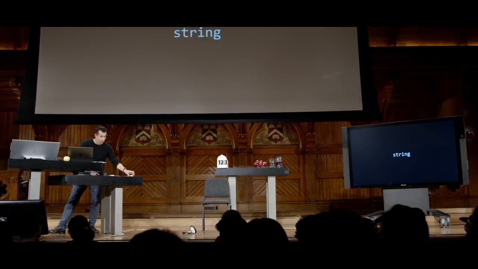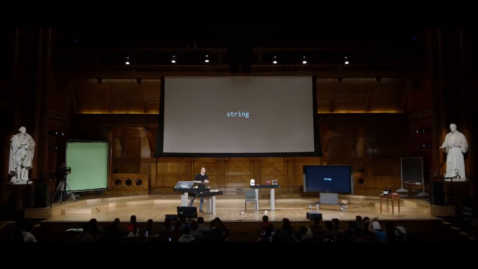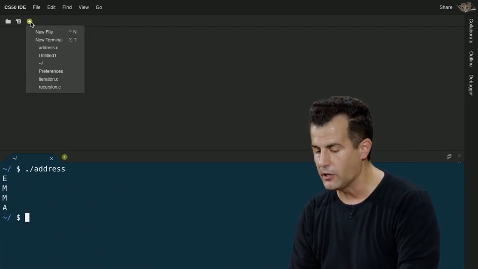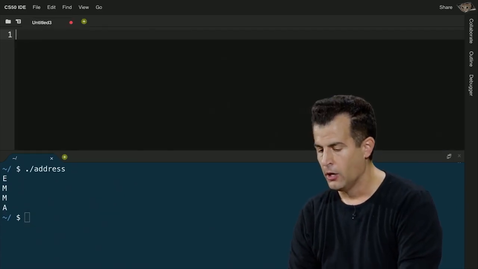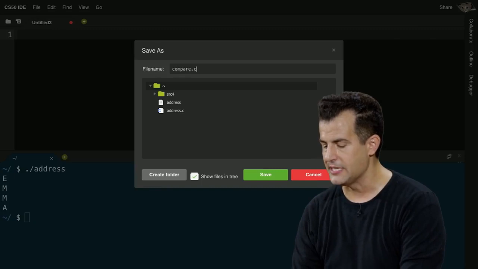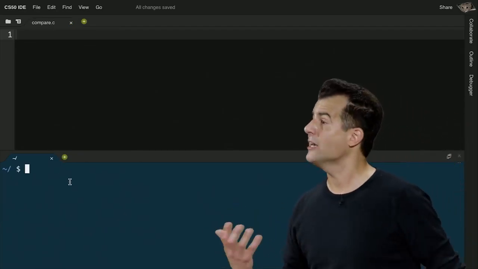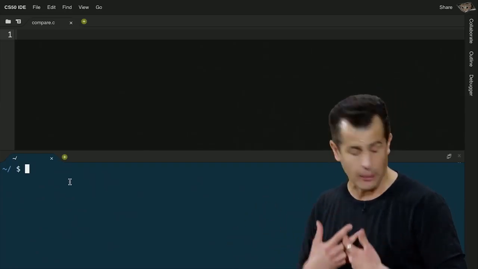All right, so what then do we have when it comes to strings? Well, let's now try to learn from these primitives and actually trip over some mistakes that we might otherwise make. I'm going to go ahead and open up a new file and call this one compare. So we'll save this as compare.c. And this will be reminiscent of something we started doing last week, and you've done this past week, particularly for implementing voting and comparing strings.